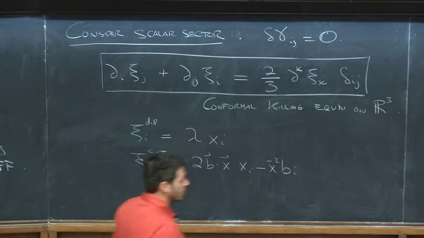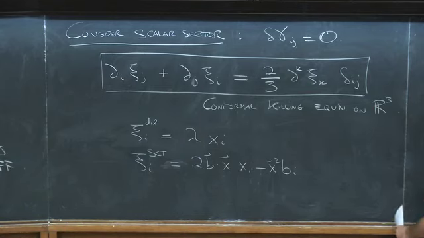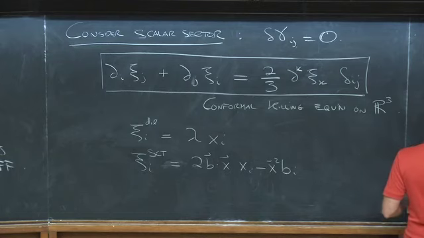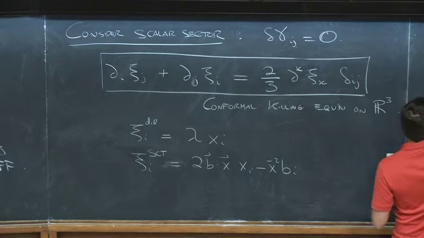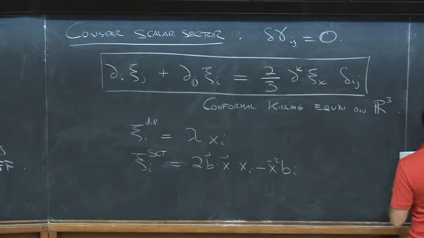And we can trivially now compute how zeta transforms under these two transformations. And this will make contact with our discussion yesterday. So by plugging in these diffs into the variation of zeta, you find that zeta under dilation,